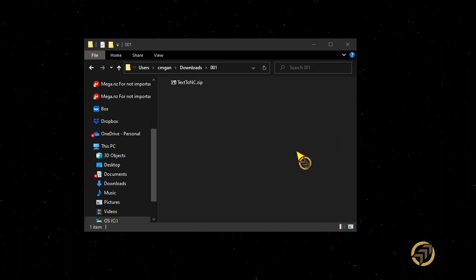TextToNC. The current version for this application is version 3. I've done some quite big updates. Once you download the zip file, the download link is in the comment area, so you can check out the comment area,